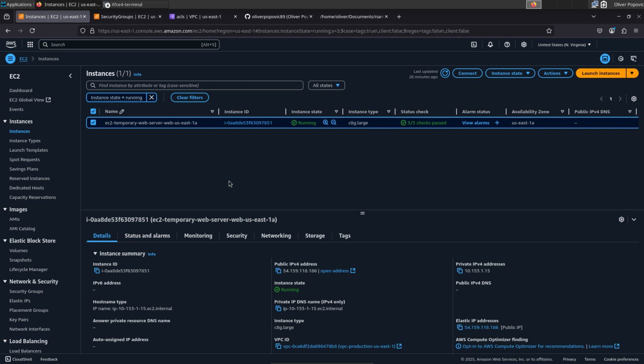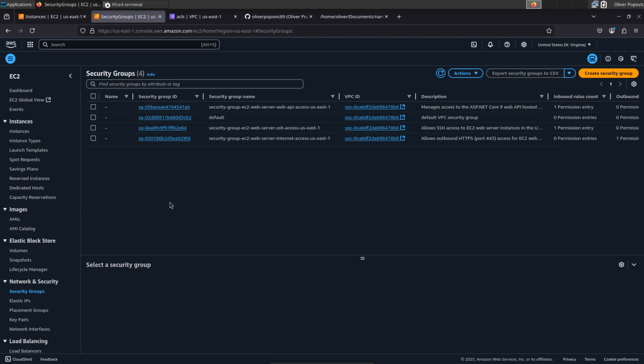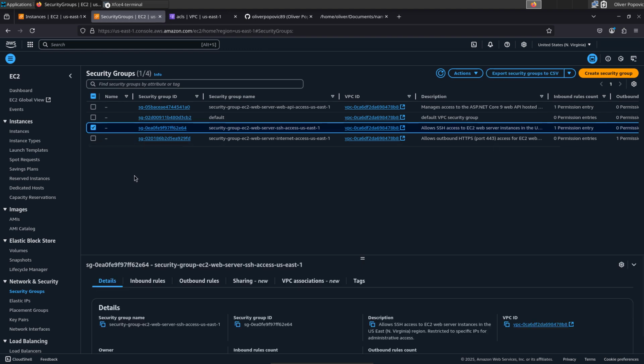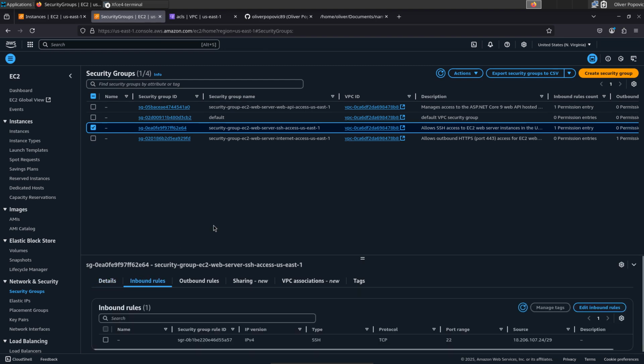Next, we will connect to the EC2 instance using the SSH client option. However, before connecting, you need to allow your computer's public IP address to connect to the EC2 instance via the SSH client. Navigate to Security Groups, select this security group, click Inbound Rules, then click Edit Inbound Rules,